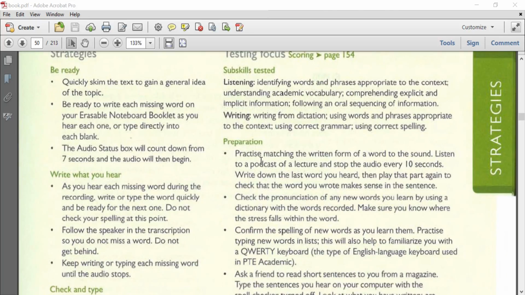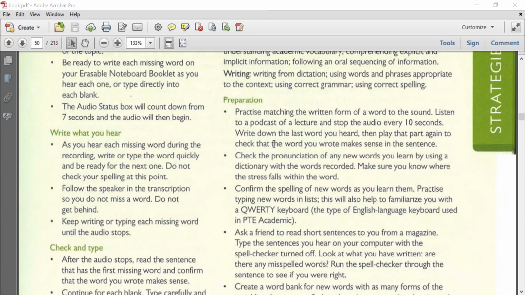Preparation គឺយើងធ្វើការ practice matching the written form of a word to the sound. Listen to the podcast of a lecture and then stop recording every 10 seconds. Write down the last word you heard, and then play the part again and check the word you wrote makes sense in the sentence. បាទអញ្ចឹងគឺគេឲ្យយើងធ្វើការ practice listening ទៅកាន់ lecture ណាមួយ រាល់ពេល 10 វិនាទីយើង stop ម្ដង បន្ទាប់មកពាក្យចុងក្រោយដែលយើងបានឮហ្នឹងគឺយើង write down ហើយយើង check មើលថាតើយើងទៅសេហ្នឹងត្រូវអត់។